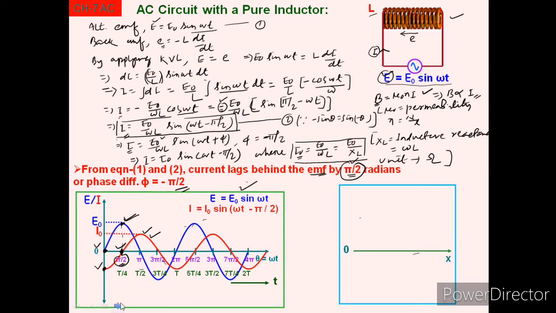For the phasor diagram, you have to take x and y axes, and we always represent the EMF on the positive quadrant, the first quadrant. As the current lags behind the EMF, it will be shown at the back side of the phasor of EMF, hence its direction can be shown as in the figure.